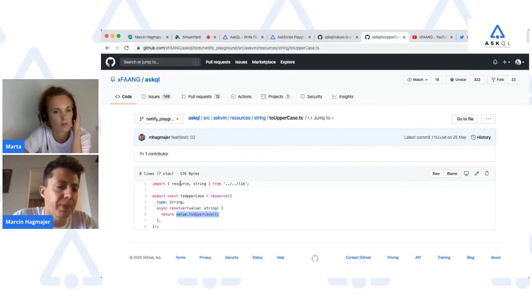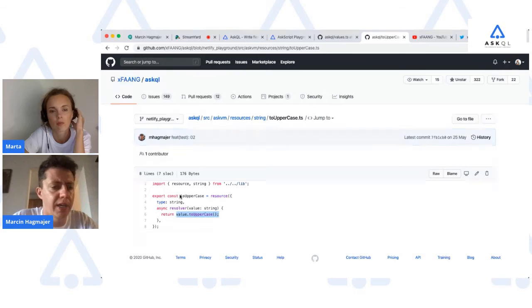So here we see something like toUppercase equals resource. This tells us that there is this toUppercase resource. We also see type string. You already know what a string is, right? Yeah, text, basic, right?